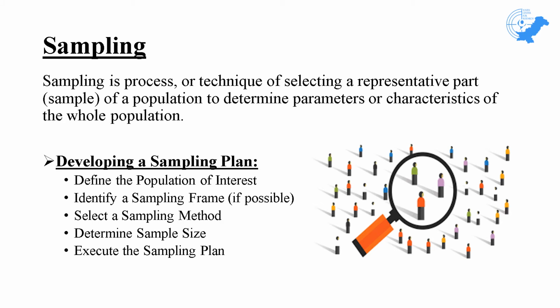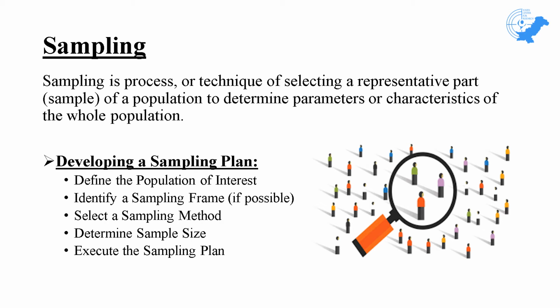Now, after learning the data collection method, we will be moving towards sampling and sampling techniques. Sampling is a process or technique of selecting a representative part of the population to determine parameters or characteristics of a whole population. Developing a sampling plan includes the following steps. Define the population of interest, identify a sampling frame, select a sampling method, determine the sampling size, and execute the